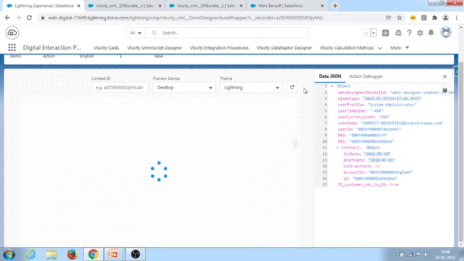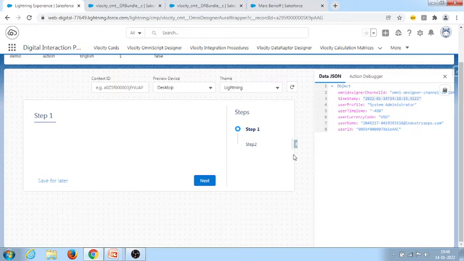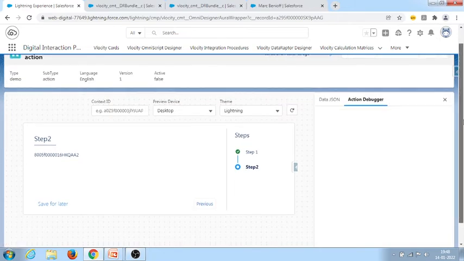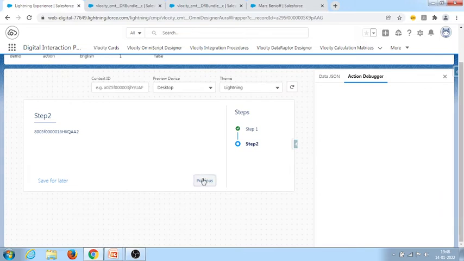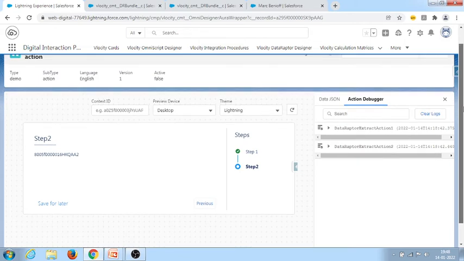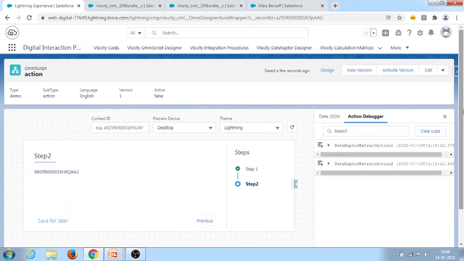What they're trying to say is they will forget the response. When I click here, I won't get any response, but it will go. See, dr1 and dr2 are the values from the set values, not the data raptor. There is no response, but it will be executed. You can also see it in the action debugger. If we clear this, go to previous and click on next, it comes to the next step, and after coming to step 2, it is executed.